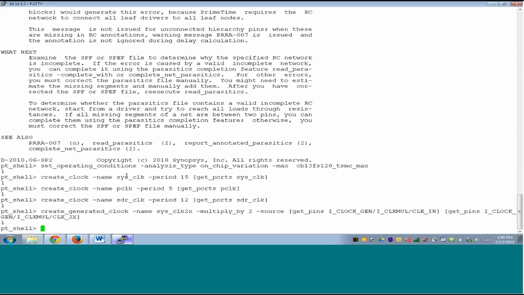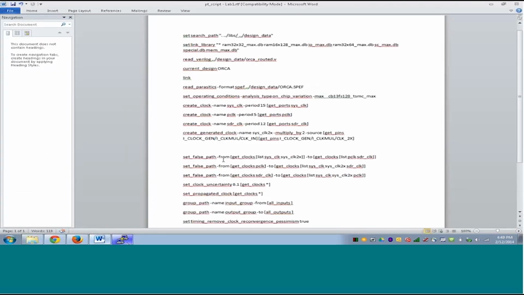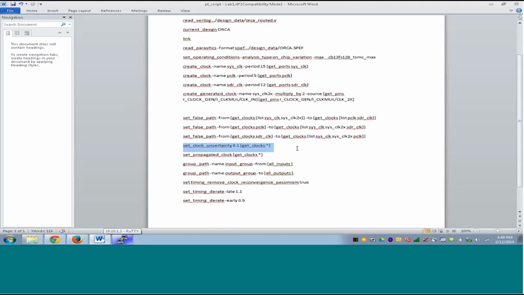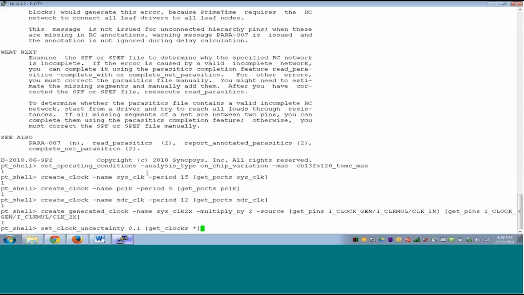So now let's do a simple update timing code. Okay, let's not apply any false paths and let's proceed now. So let's not apply the false paths for now. We will apply clock uncertainty, and now clock uncertainty here will be a much lower value. Earlier we used to set 0.3, 0.5. Now I've set it to be 0.1, but it should be a lower value than pre-layout because now the clock